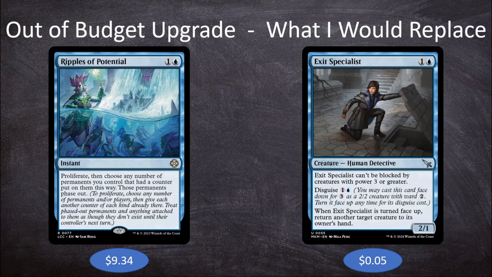Typically when I suggest replacing cards for these decks, they're never bad cards. They're just a little situational, or maybe not quite as good as the suggested upgrade. I think Exit Specialist can be very good, but it is most likely going to be 4 mana just to return a creature to its owner's hand. And while there are times when that could save us, or maybe let us save one of our own creatures, I do think that more often than not,